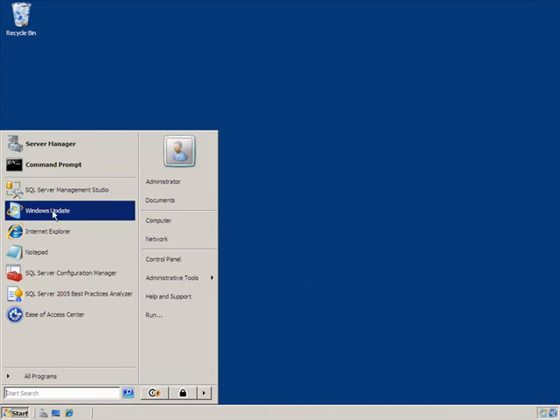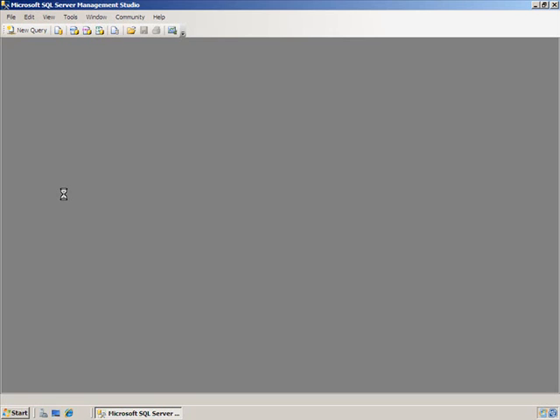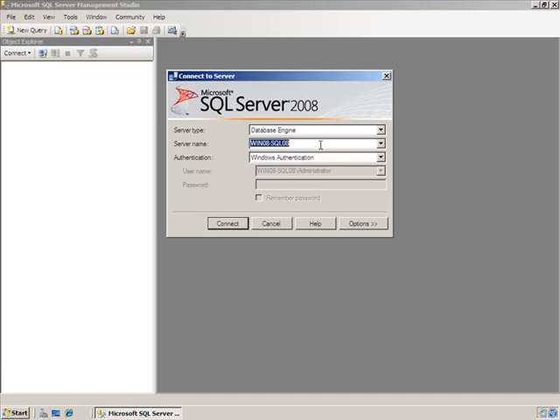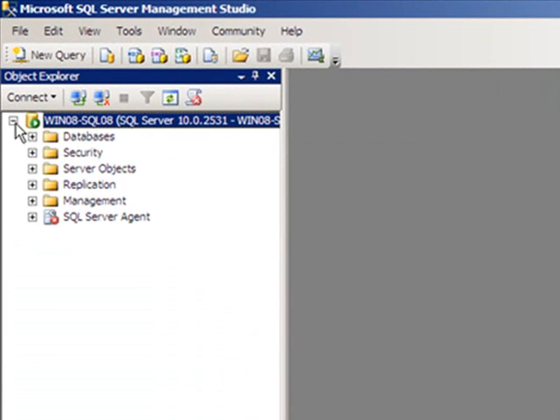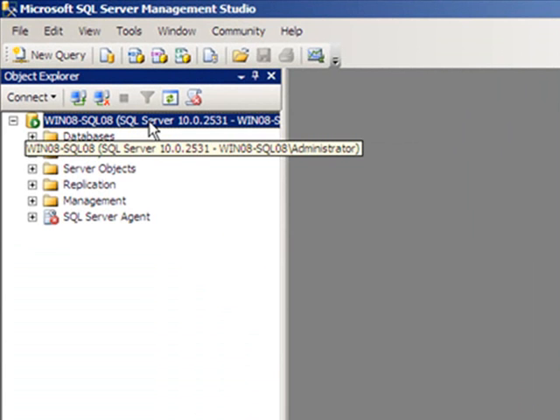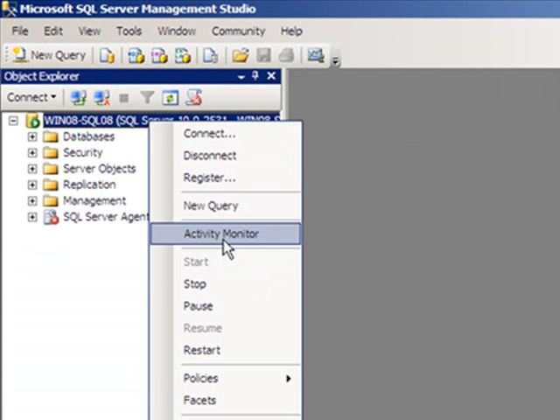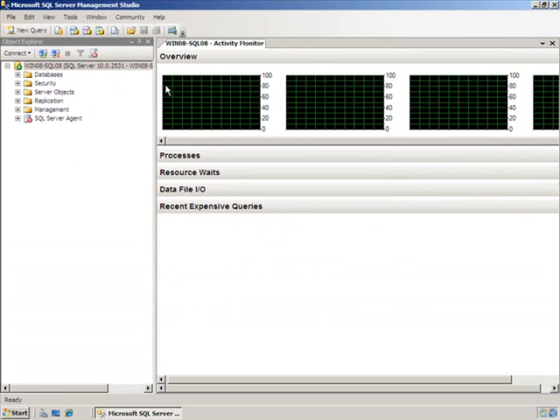So here we'll go to Start, SQL Server Management Studio. And I'm just going into my local server, click Connect. And if I right click on the actual server name here at the top, the option about a third of the way down is Activity Monitor. Click on that, and it brings up my Activity Monitor